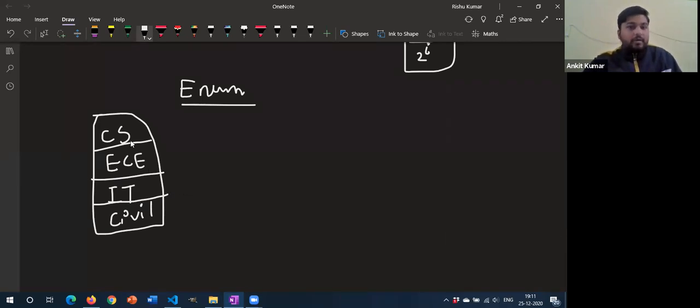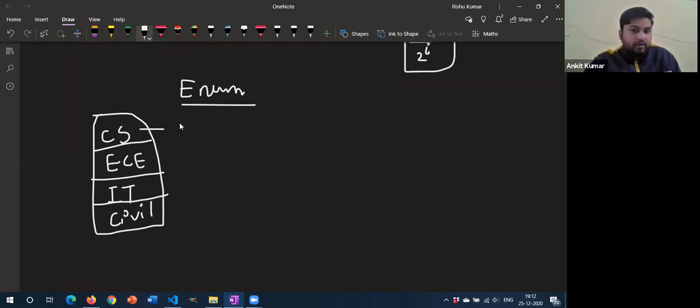But if you don't know about that, how can you use them? Okay, so instead of writing the complete words computer science, electronics and communication engineering again and again, these long terms, we can do one thing: we can assign codes to them, and we can use those codes directly without worrying about handling of strings, because strings are handled in a different way.